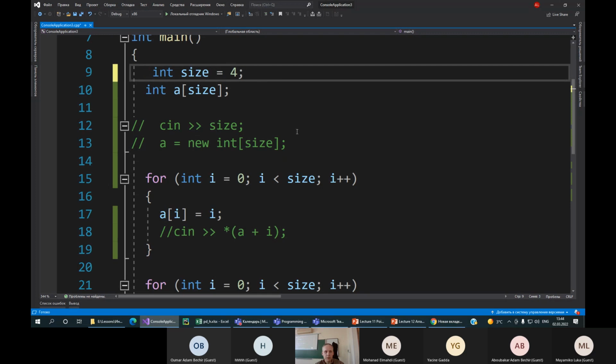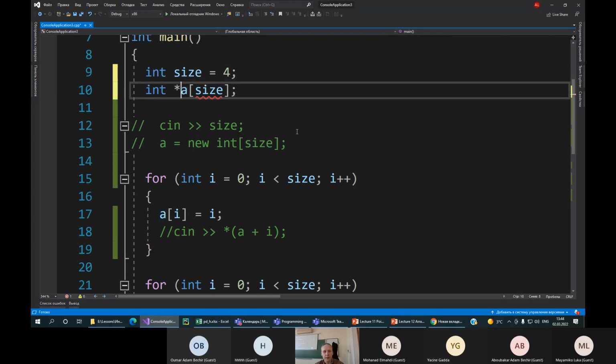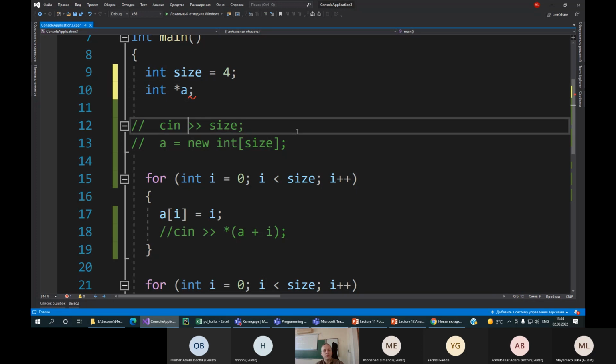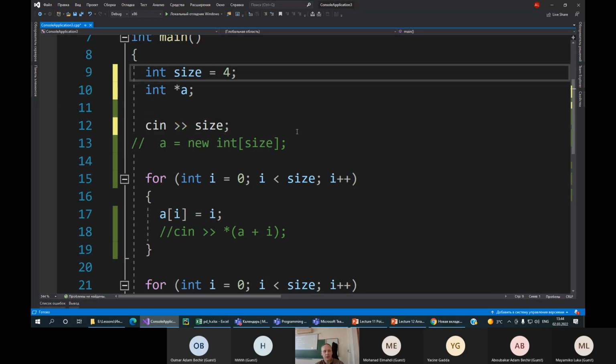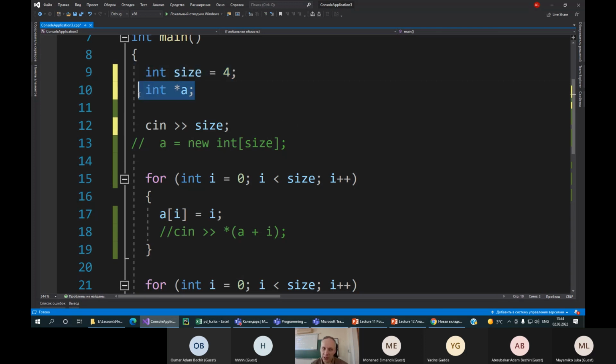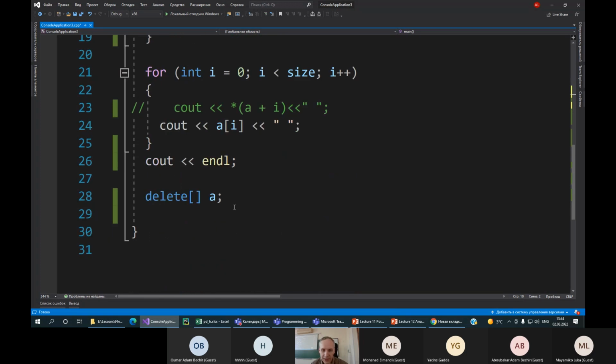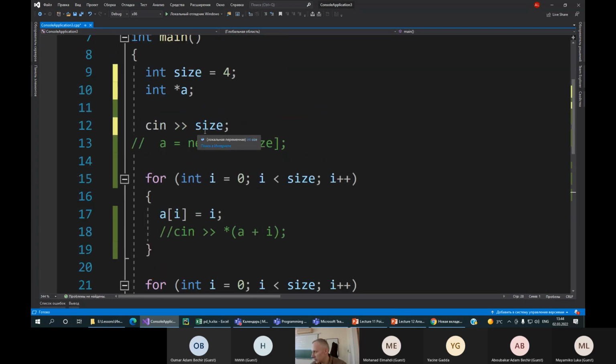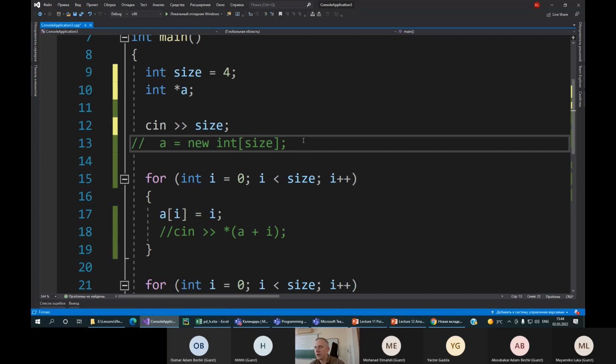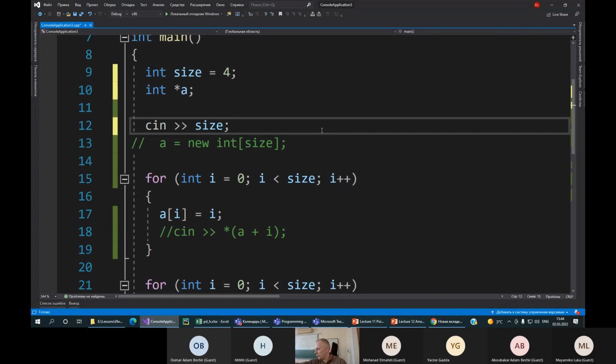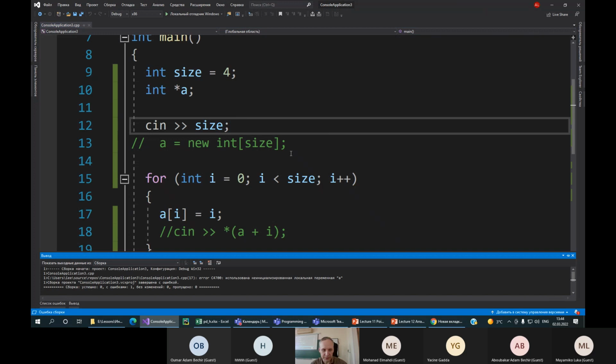Okay, let me go back to the situation where I declare a pointer. Now A is a dynamic array, and this operation is correct. But suppose that I forget to write new. What happens? It means that I declare a pointer, but I don't allocate the memory. And if I compile this program, the compiler tells me